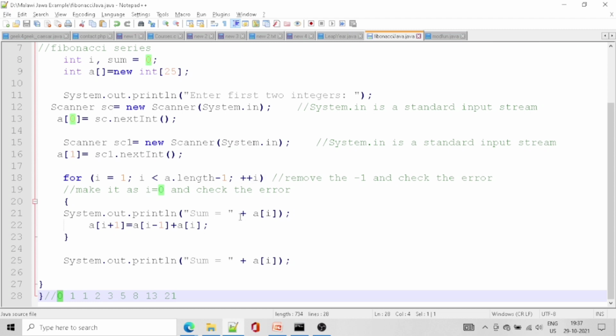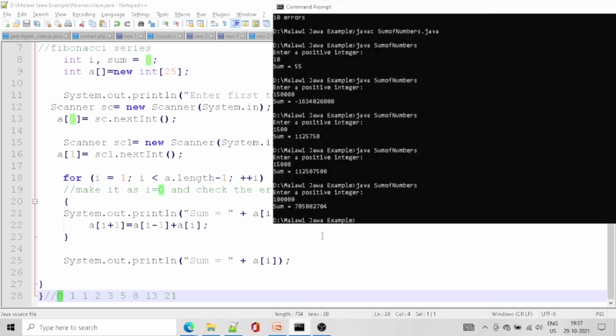When it comes here, I will become the next number. If we compile and execute this one, we can easily understand what I want to convey.